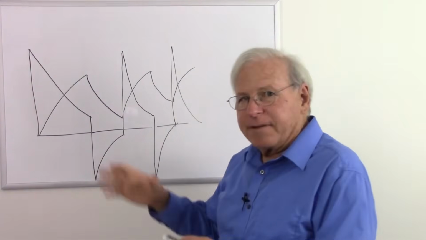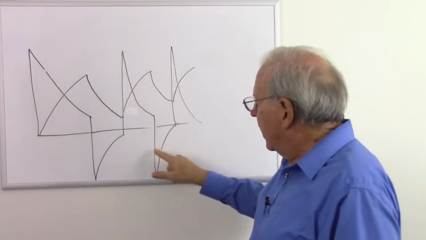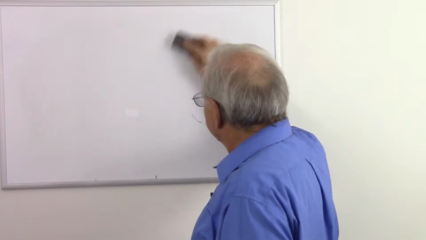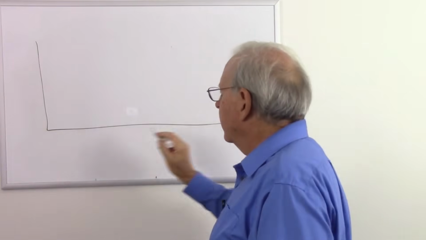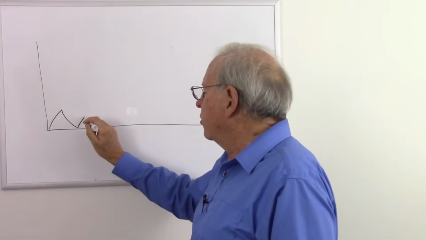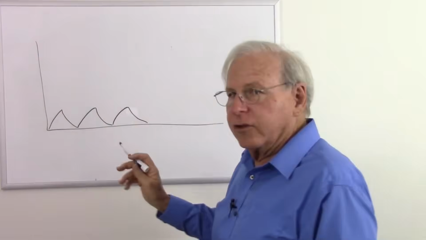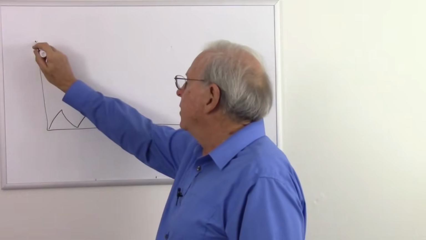So if I flip the switches faster, I'm spending even more time in a high current state. So now let's flip them really fast. So I start to charge, and then I discharge. Start to charge, and then I discharge. So I'm flipping those switches really fast, and of course the current is going to jump up to here, come